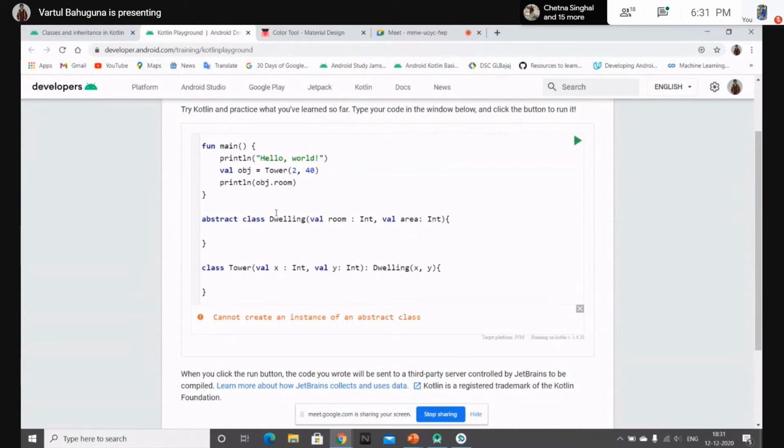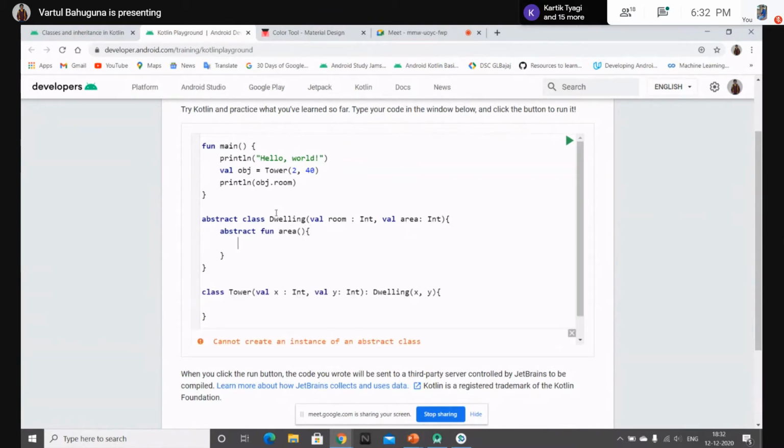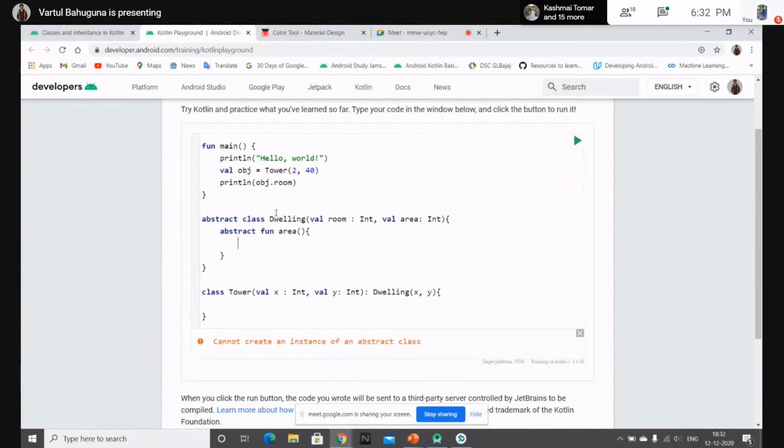So if I add an abstract function area, and here I print the area, println area equals to area.